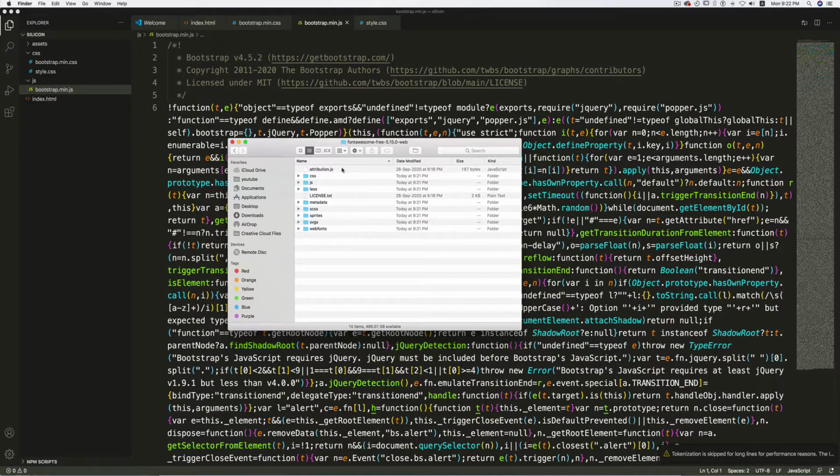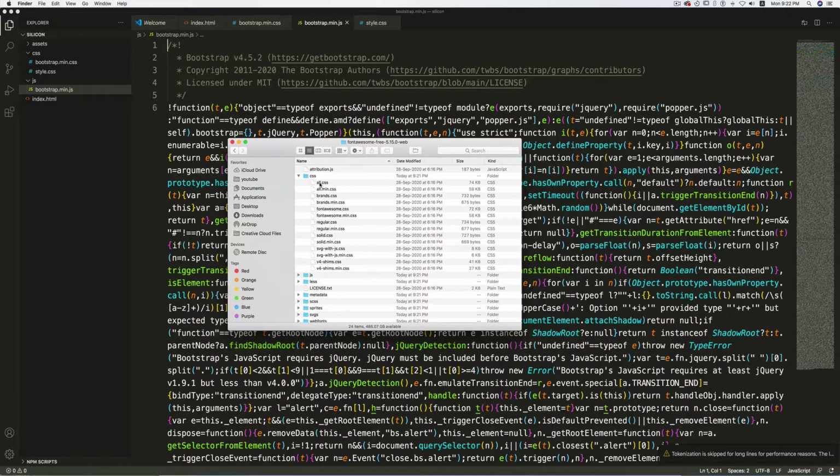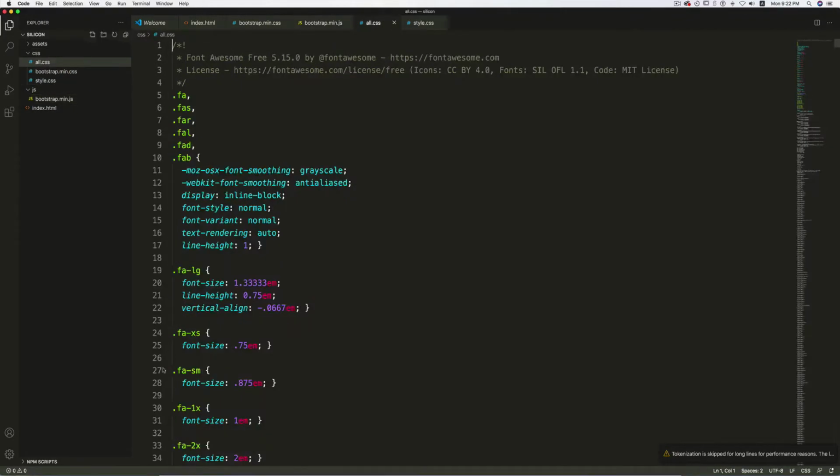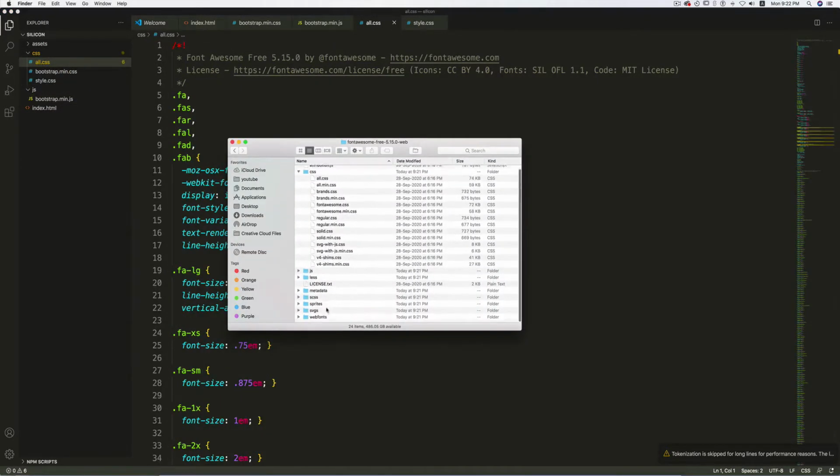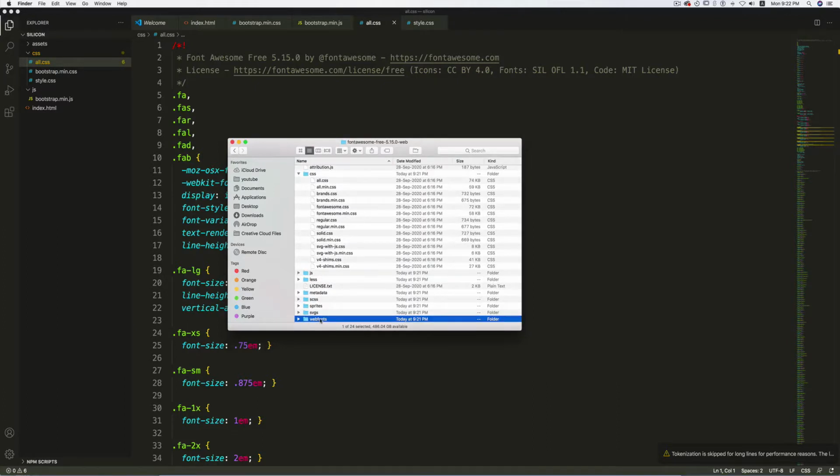Now I'm inside the Font Awesome folder. Here you need to do two things. First, expand the CSS folder, and then just drag this all.css inside the CSS folder in the project. And next you need to copy this folder, web fonts, or move this to your asset folder